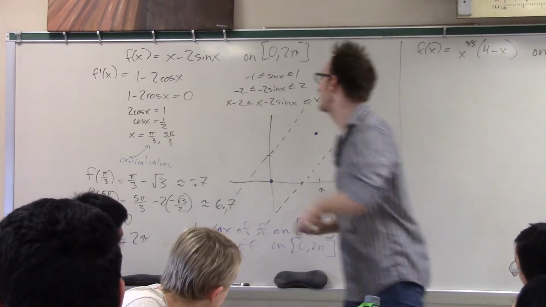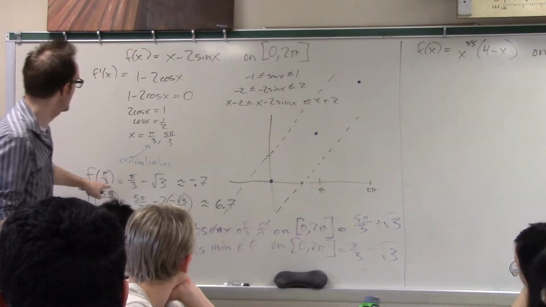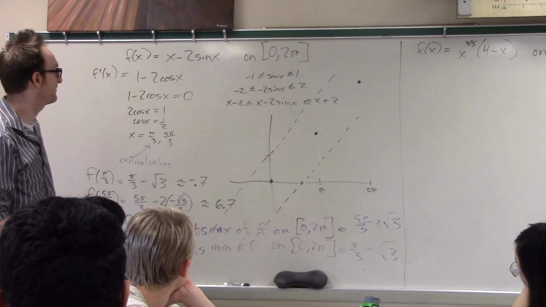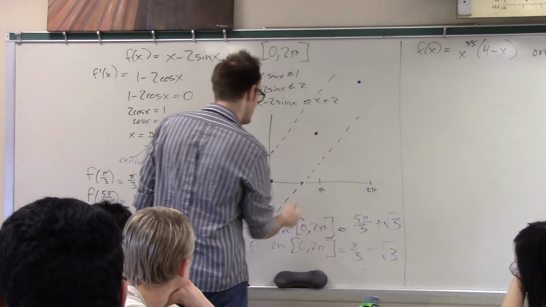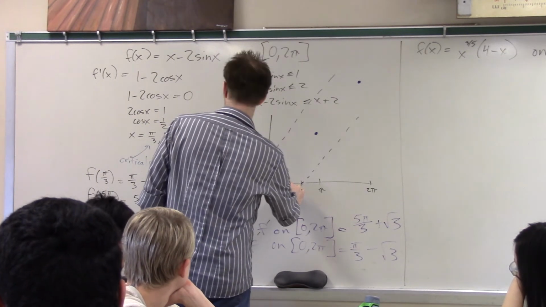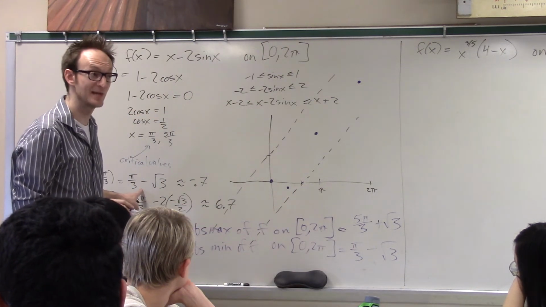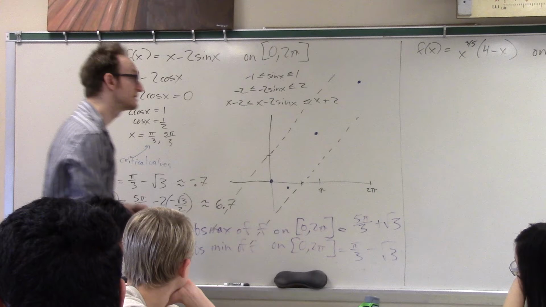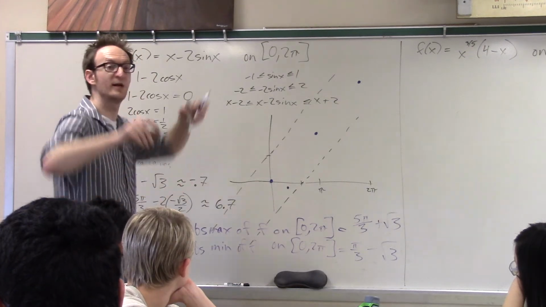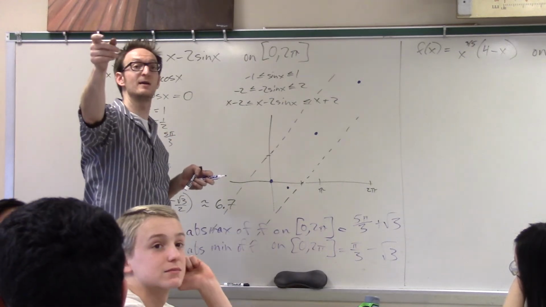Now, with the power of calculus, we know things. We know that something very exciting is happening at pi over 3, which would be over here-ish. That there is a horizontal tangent there. That's because it's a place where the derivative is 0. So I feel, give me a green, I feel that the derivative, if the